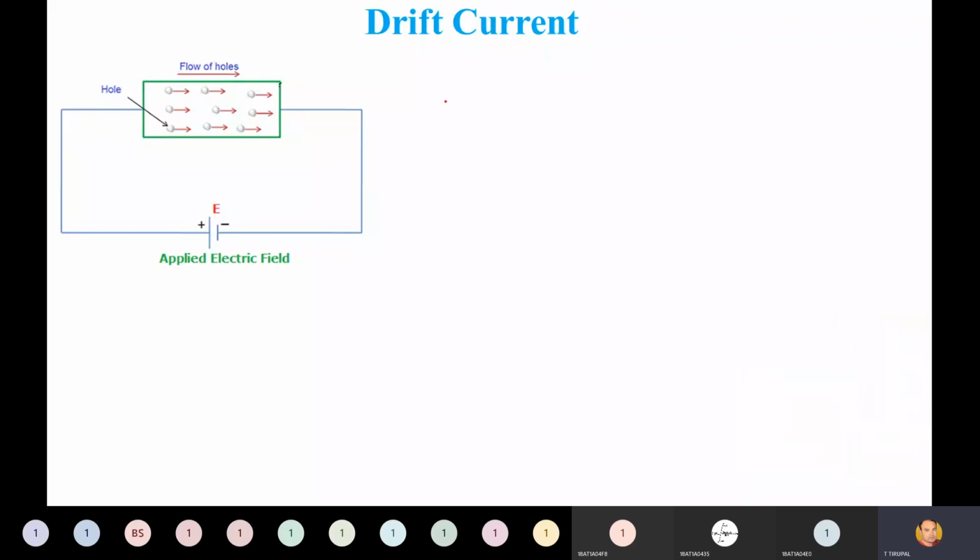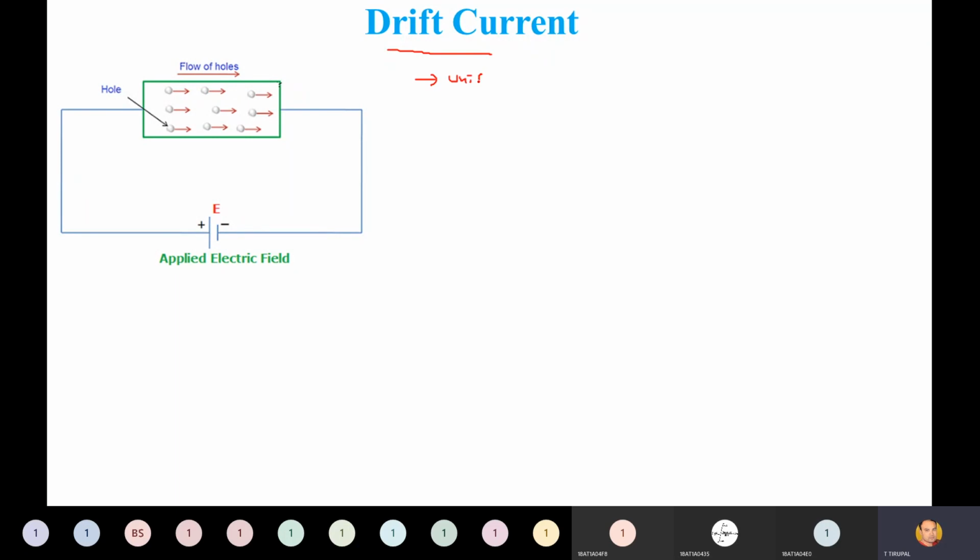Let us deal with the drift current here. Before going deep into the derivations and explanation of drift current, let us see what type of semiconductors we need to consider here. If you want to learn drift current, you first need to take a